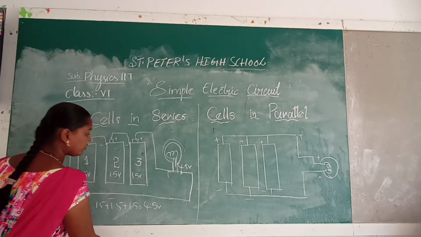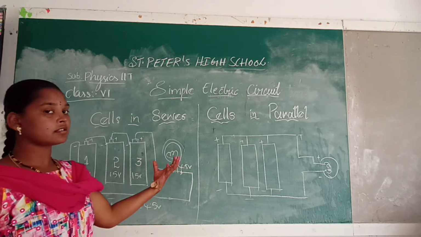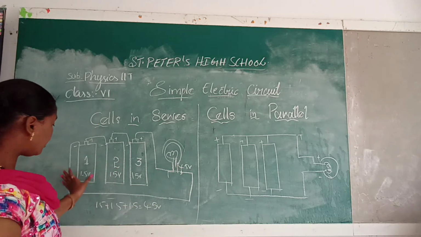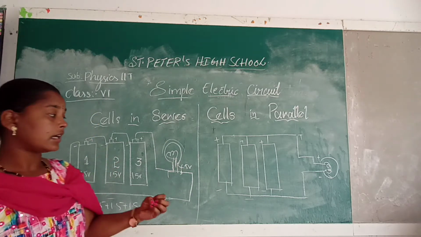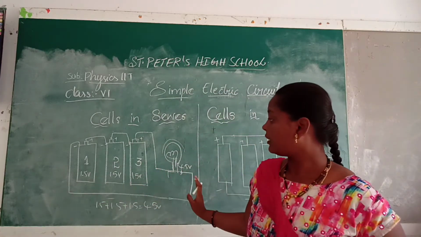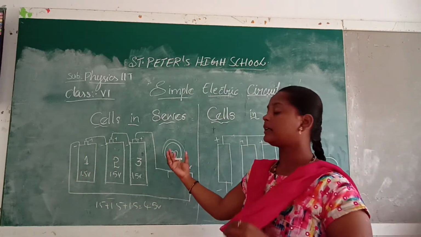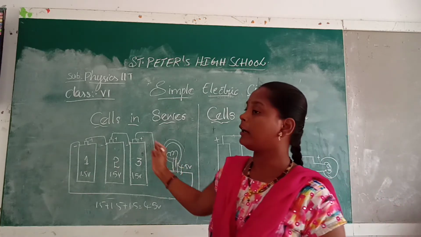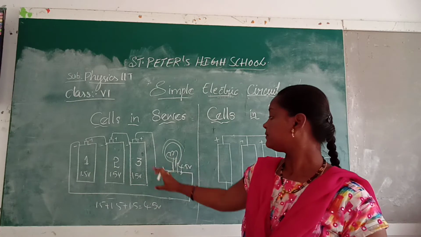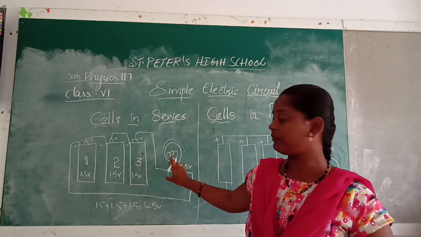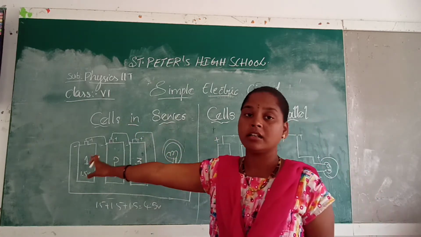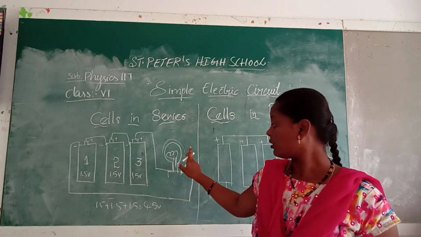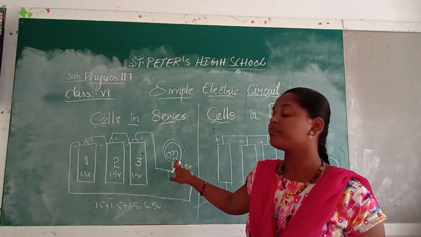If you connect one cell, the bulb starts glowing. If you connect one more cell, the bulb glows a little brighter. If you connect one more cell, that is 3 cells, it glows more. In that way, if you have a number of cells, the bulb becomes brighter up to its capacity. If the bulb capacity is only 5 volts and we have 4.5 volts, and we add one more cell, what happens? It increases to 6 volts, 6 EMF, yes or no? So there the EMF is more than the bulb's rating.